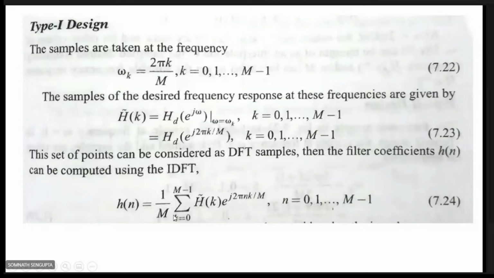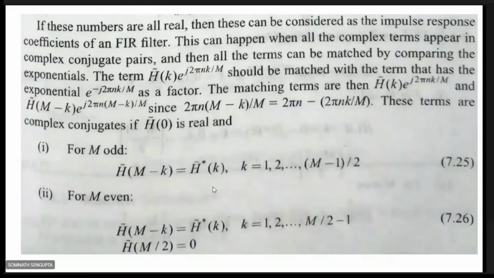So for each particular value of samples of the impulse response, there will be some of the terms of complex conjugate terms, some of the terms which are complex numbers. But if those appear in complex conjugate pairs, then we can say that the real part will exist and the imaginary part will vanish, or they will cancel each other. So in order to have that concept, what we do,